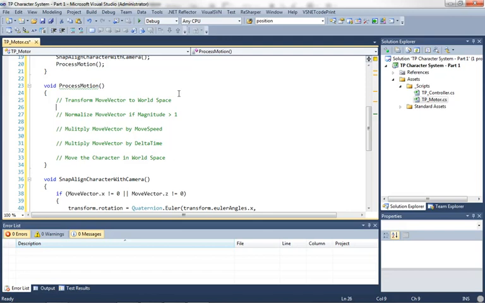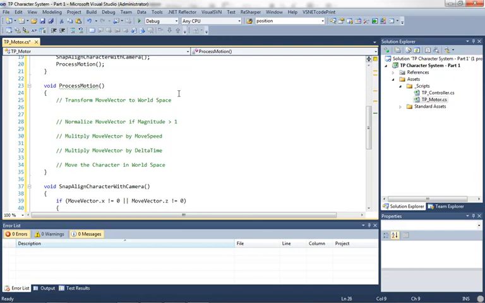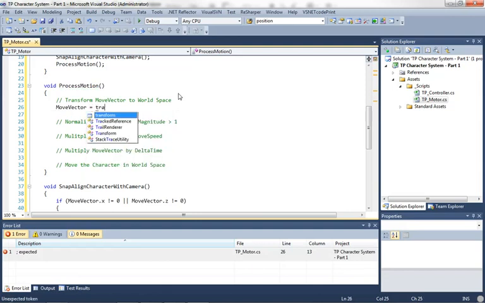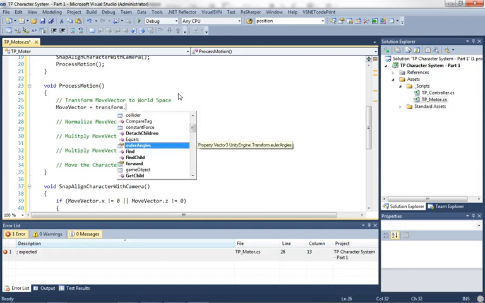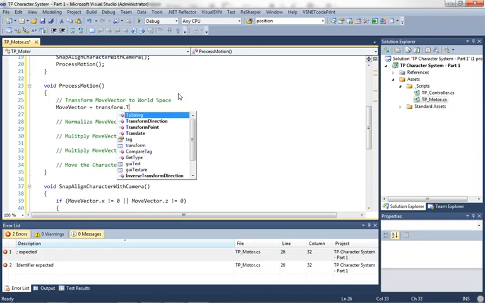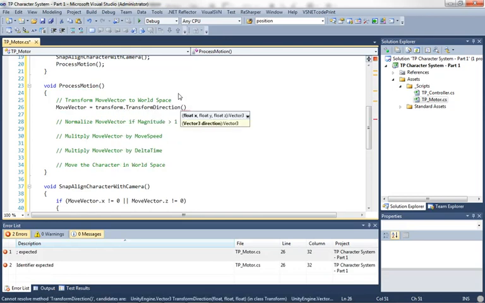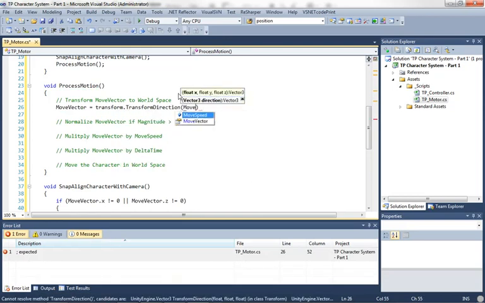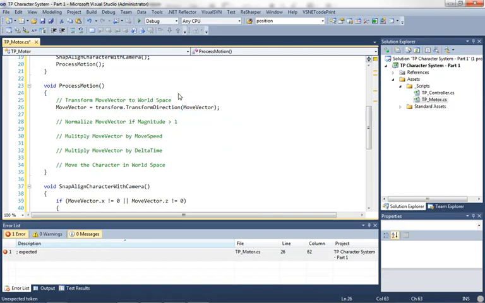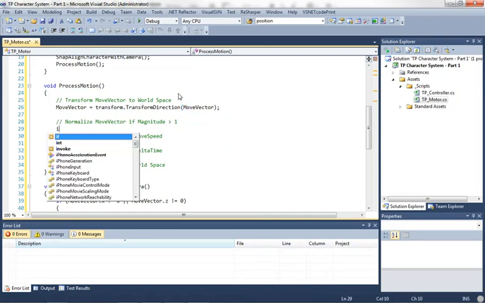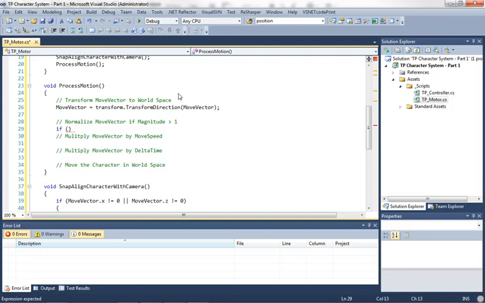Now, the functionality is quite simple. It's only 5 lines of code. So what we're going to do is take our move vector, and we're going to take our transform's built-in method called transform direction, and we're going to pass move vector into it. So that will handle the transformation of our vector. For normalizing, we just say if move vector